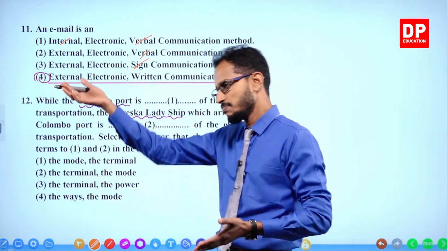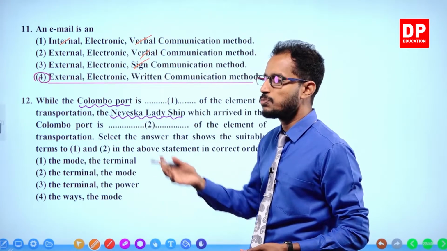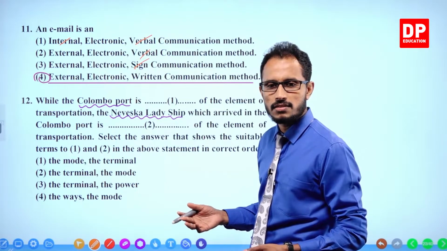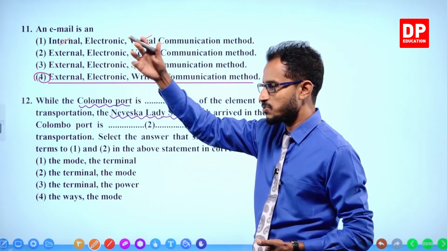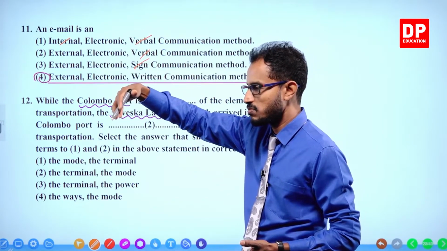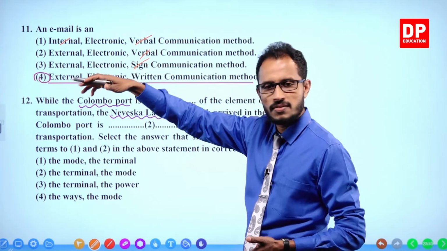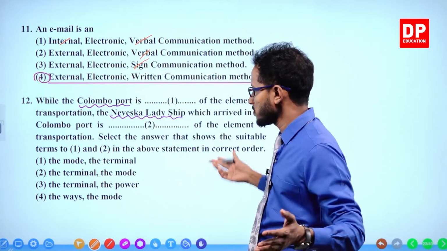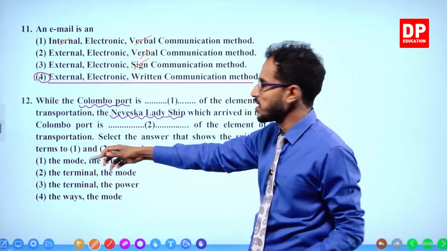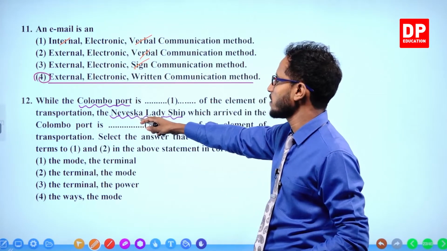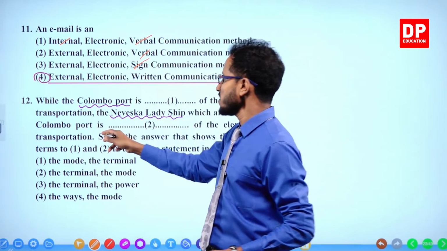You know, there are ships like Hasitputa and Suduputa, ships which go fishing into the deep oceans. There are names for those ships. Just like that, this must be a big, foreign ship. Its name is Nevasca Lady. And that ship which arrived in the Colombo port is